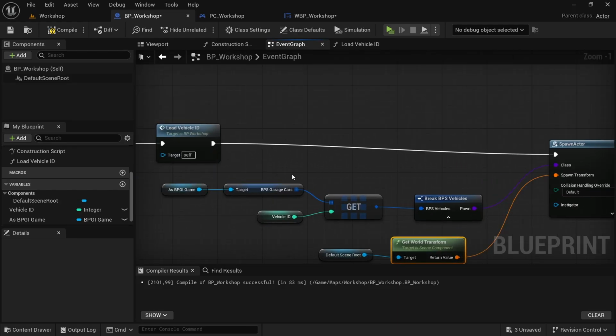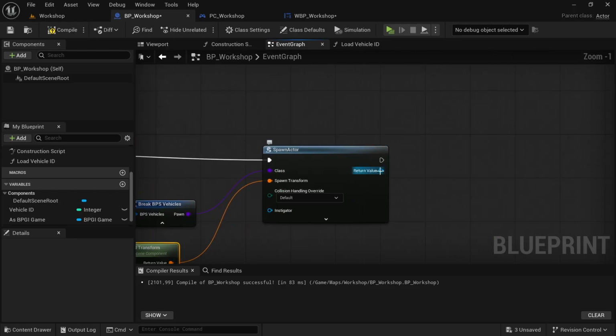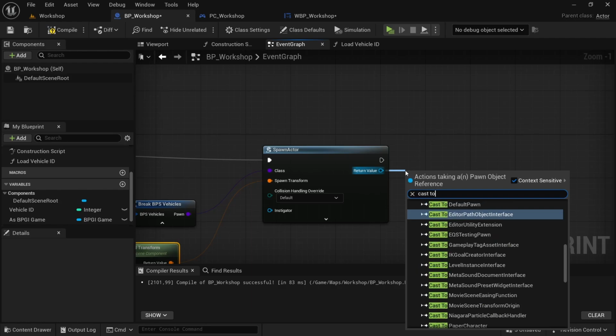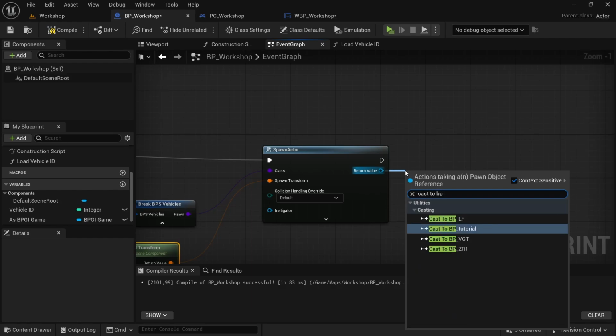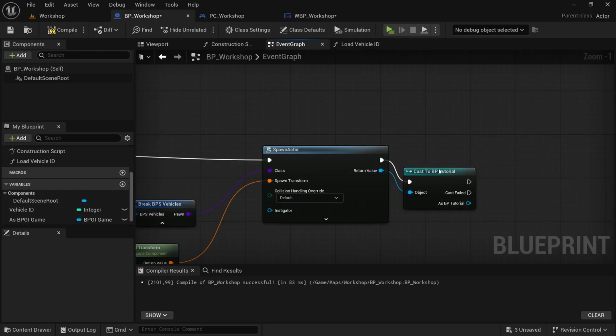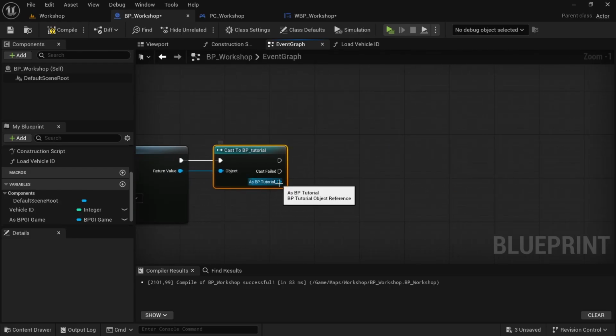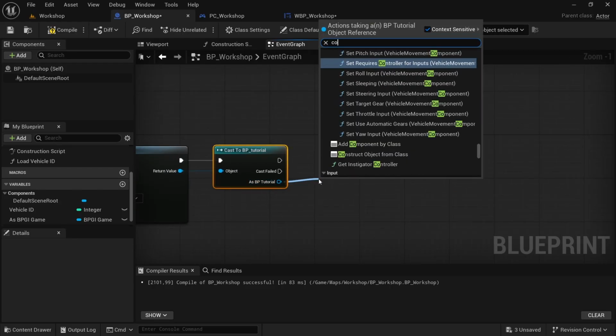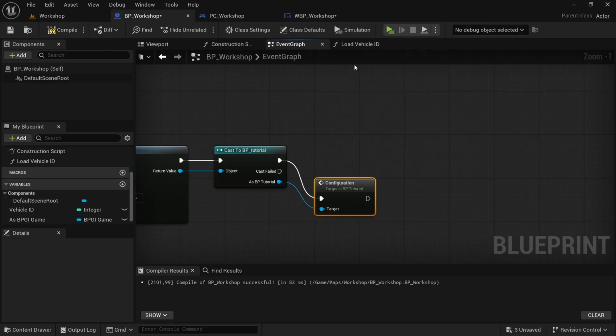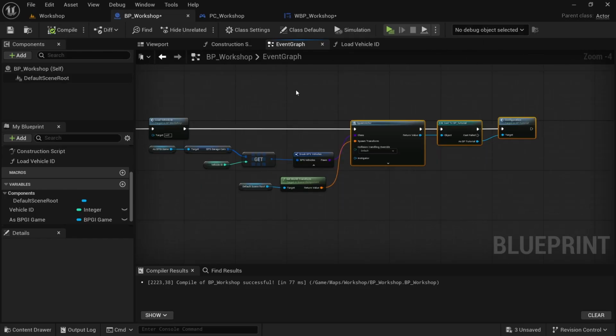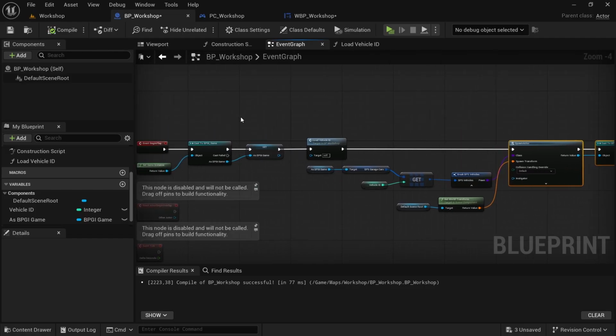connect the execution pin, and then from the return value drag off and then cast to BP tutorial, the primary vehicle, and then from the cast drag off and then look for the configuration custom event, and then that should be it. And then if all is well, if we play the level again, we should see our previously purchased car be